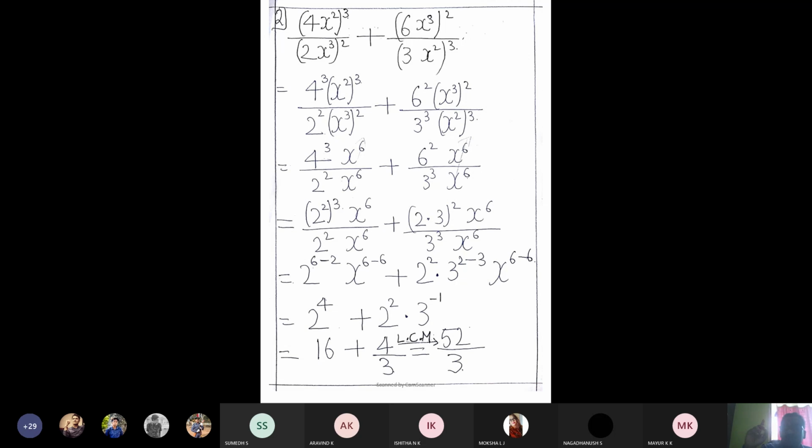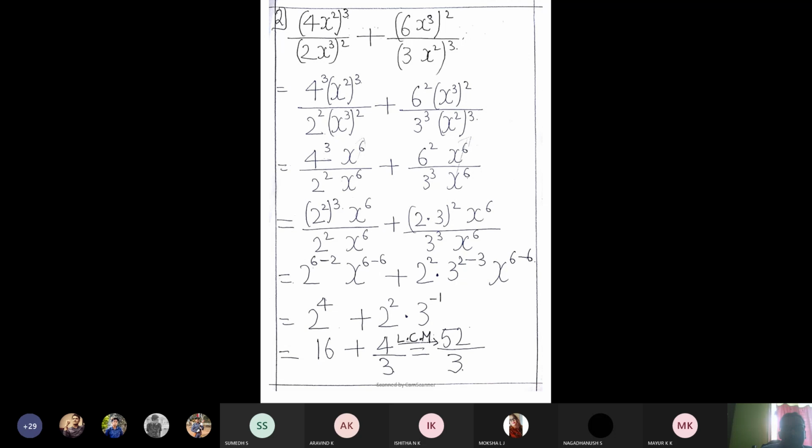Okay, you have the law. I think second or third law. Do you remember? Third law, sir. Yeah, a to the power of m divided by a to the power of n, that is your law, and you can apply that. 2 to the power of 6 divided by 2 to the power of 2, you can convert that into 2 to the power of 6 minus 2, that is 2 to the power of 4. Understood?